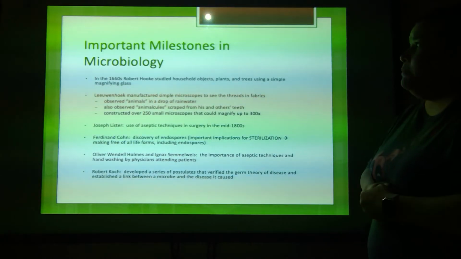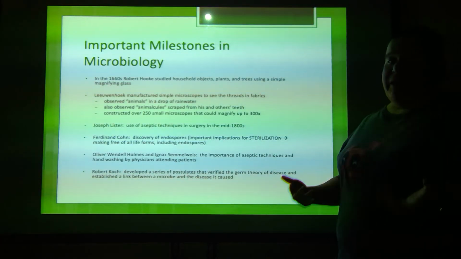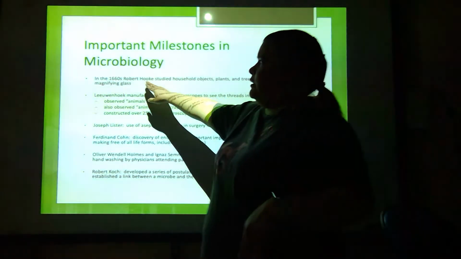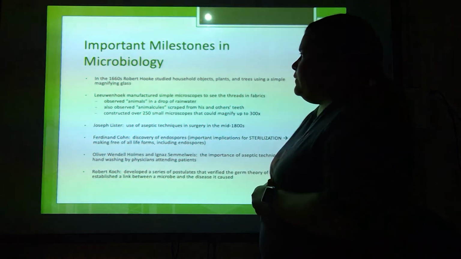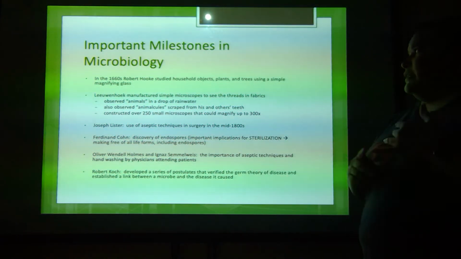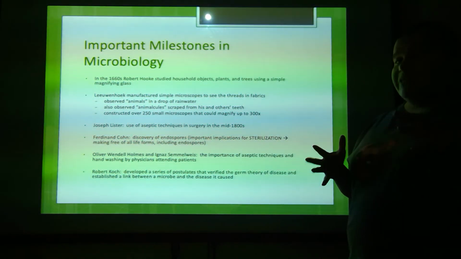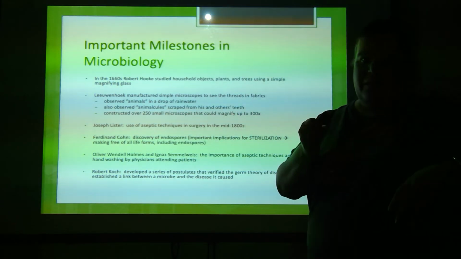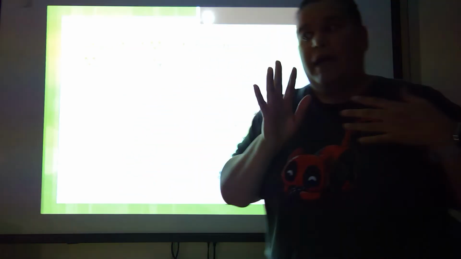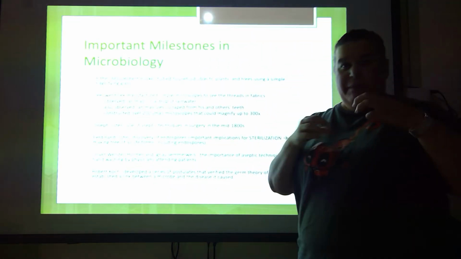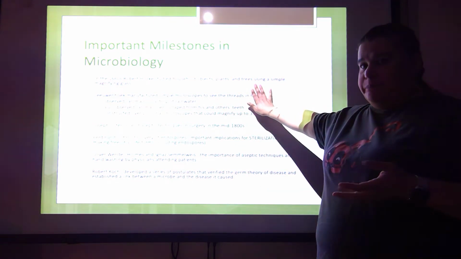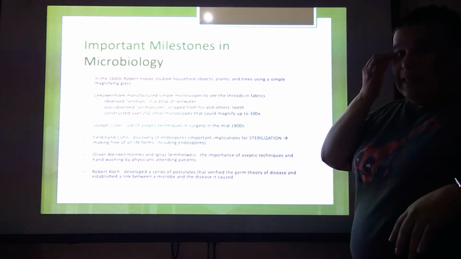Okay, so important milestones in micro. So Robert Hooke, this is in the 1660s, studied household objects, plants, and trees using a very, very simple magnifying glass. So think of the old school detective with the magnifying glass. But being able to make the image larger kind of helped him to see these objects better. Now, Leeuwenhoek,